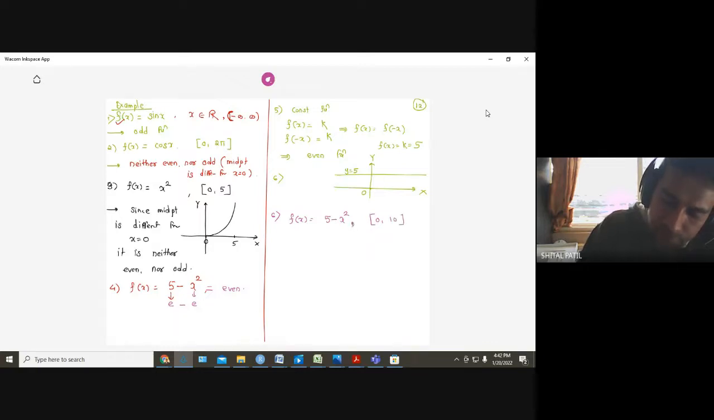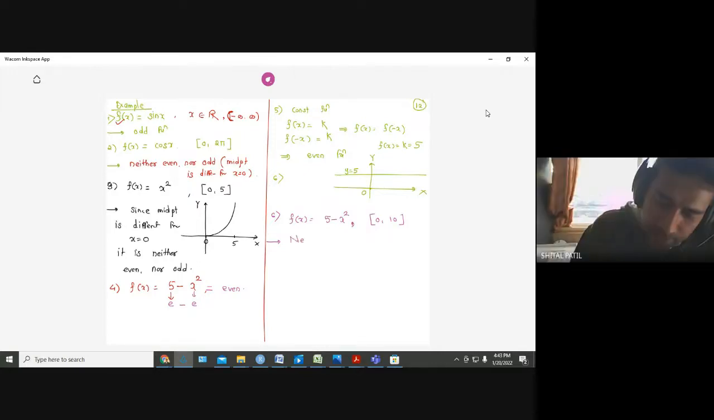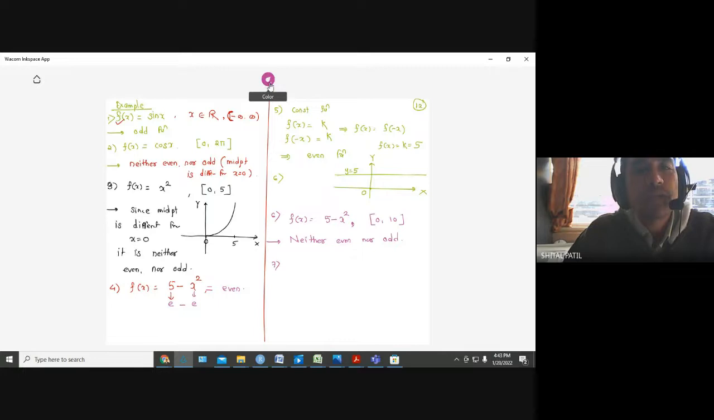What about this? What is the answer? Neither even nor odd. Why? The midpoint of the interval is not x equal to 0. So, it is neither even nor odd. Those who want to write the explanation can write that the midpoint of the interval is different from x equal to 0. Therefore,